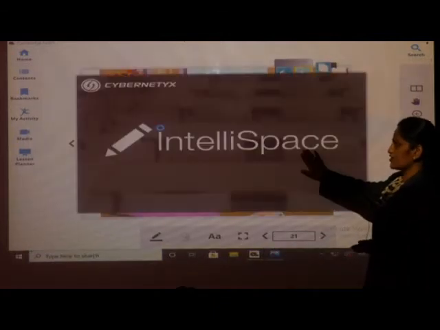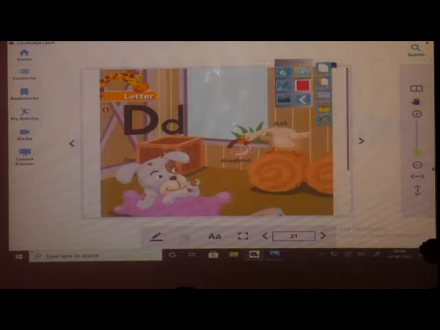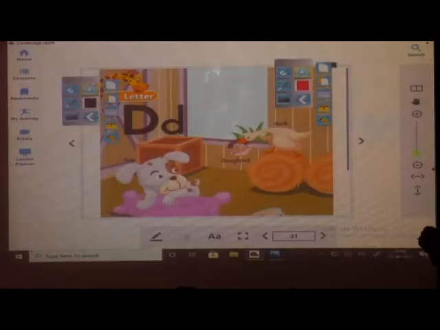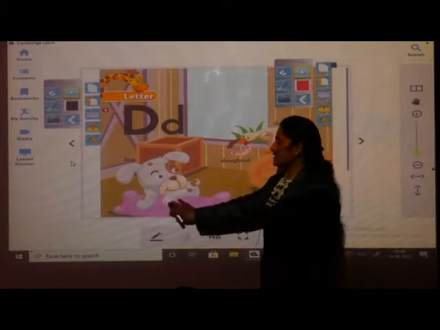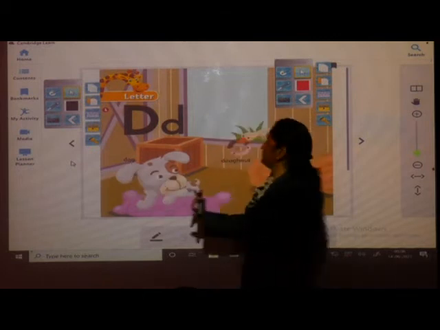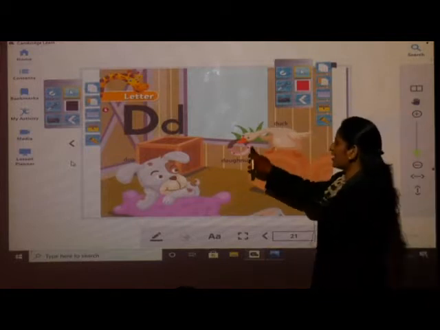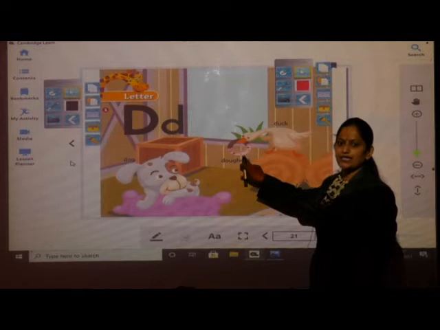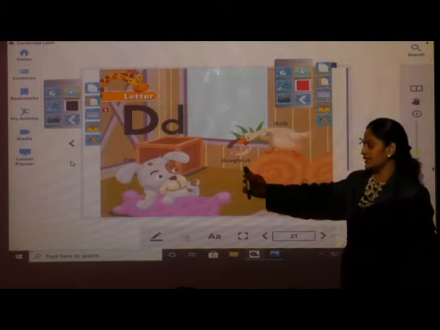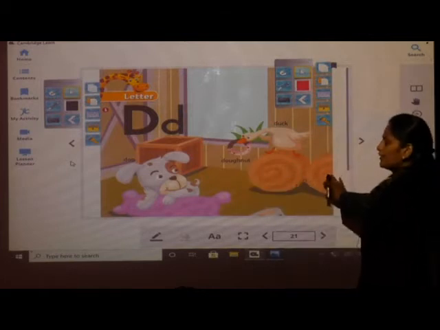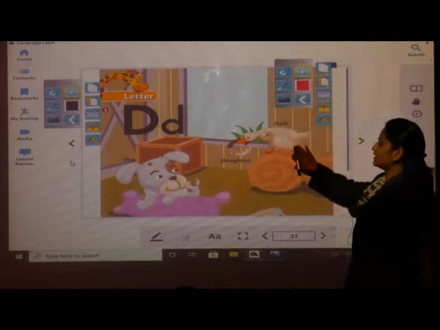Okay. Here are some pictures that start with letter D. And what is the phonic sound of letter D? It is D. Okay. So you have to repeat after me. Which picture is this? Yes, it's a dog. The dog. The duck. And what is there in this duck's mouth? What you can see? Yes, it's a donut. So it is the donut. Okay? So you have to repeat after me once again. The dog. The donut. The duck.